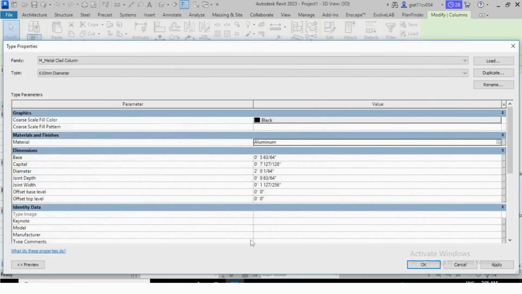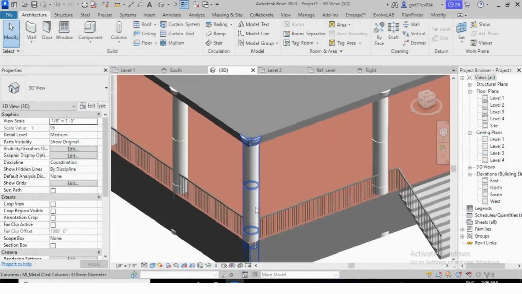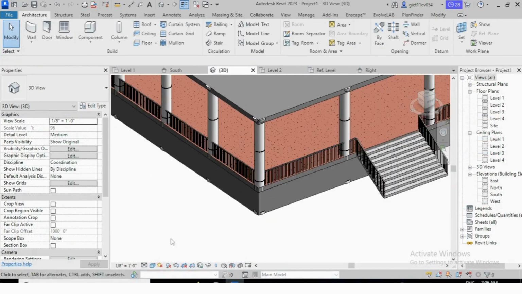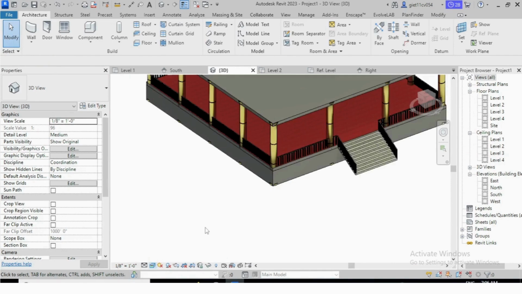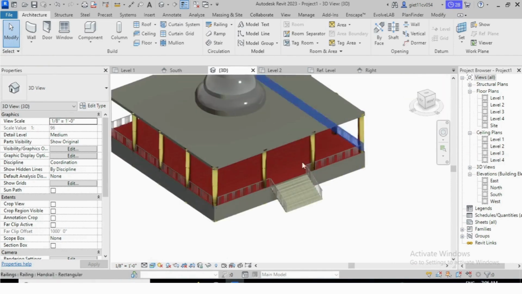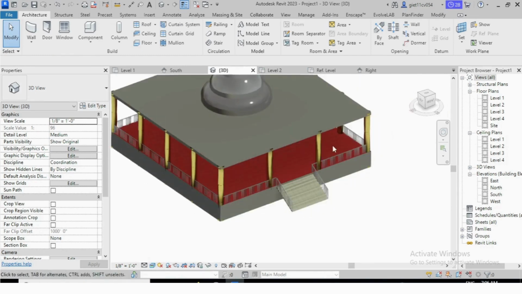Okay, apply. Okay, realistic view, how it looks. You can see here the color of the column has been changed to golden.